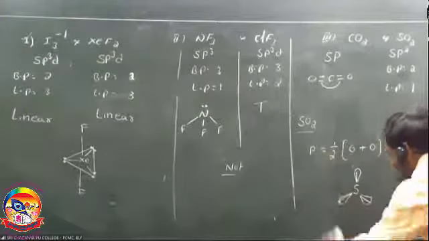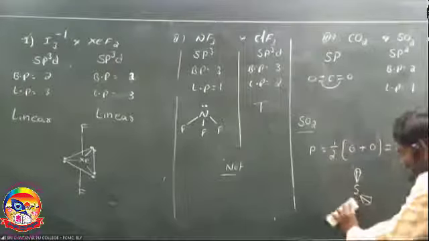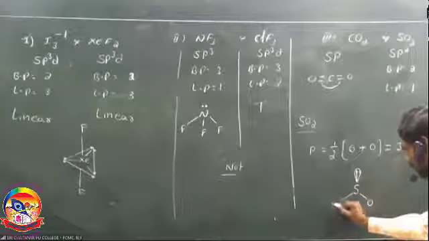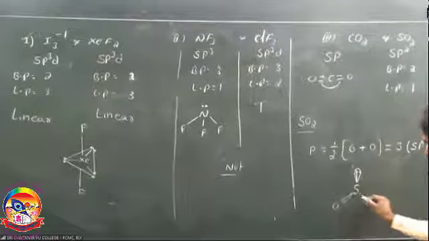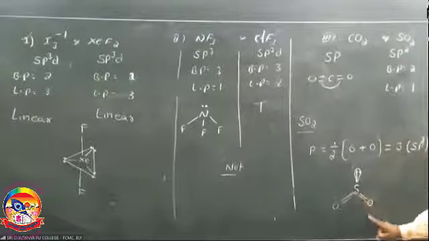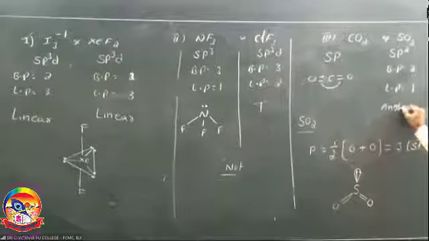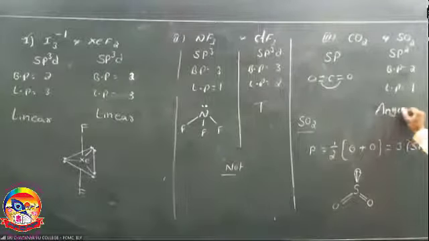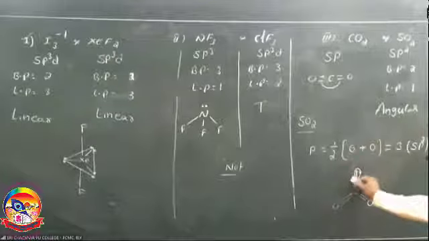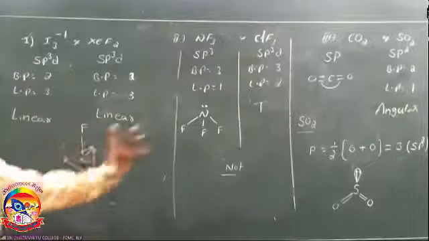So it is considered as a lone pair. So the central atom sulfur forms bonds with oxygen. It is a sigma bond. Next, oxygen is divalent, so here a pi bond is formed. So O double bond S double bond O. The geometry of sulfur dioxide is angular. What is the geometry of sulfur dioxide? Angular, or it is also considered as trigonal planar with one lone pair, like the nitrite ion.